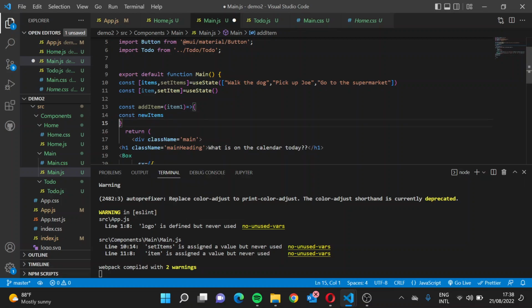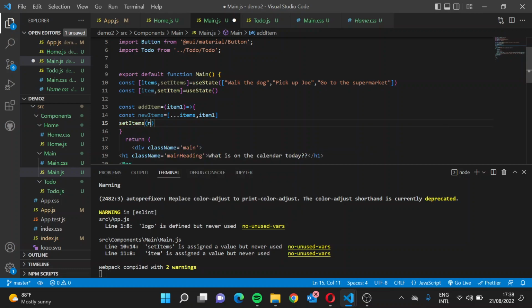Let's call it new items, and it will be equal to all the items, and I'm gonna add in a new item, which is item1. What does that mean? That means I'm creating a new array that has inside of it all the items inside of the items right now, and I'm appending to this array item1, which is the new item, and then I'm gonna set